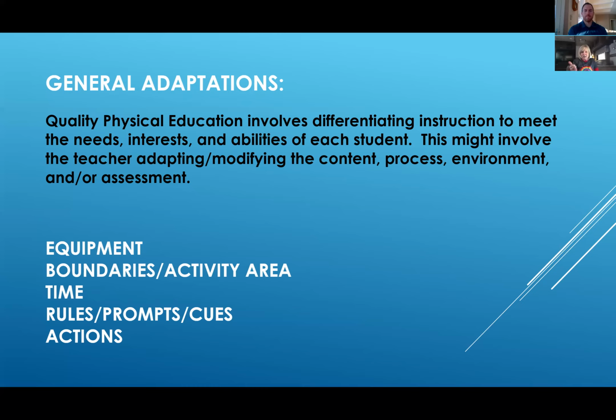So we can modify the content, the process, the environment, the lesson, the assessment, and some of the things we might look at are listed here. There's all kinds of equipment resources that can completely change an activity and a student's ability to perform that activity. We can change the boundaries in the activity area, or we might not have boundaries.